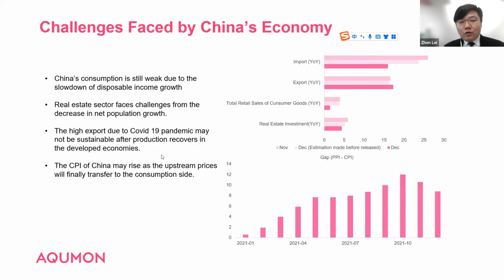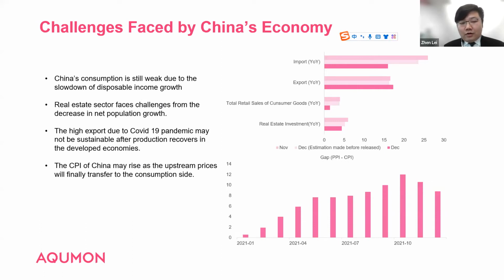For China, there are also challenges faced by China's economy. The most important one is from the demand side. We can see that China's consumption is still weak due to the slowdown of disposable income growth. And we also see that the real estate sector in China faces challenges from the decrease of net population growth, as well as the recent credit